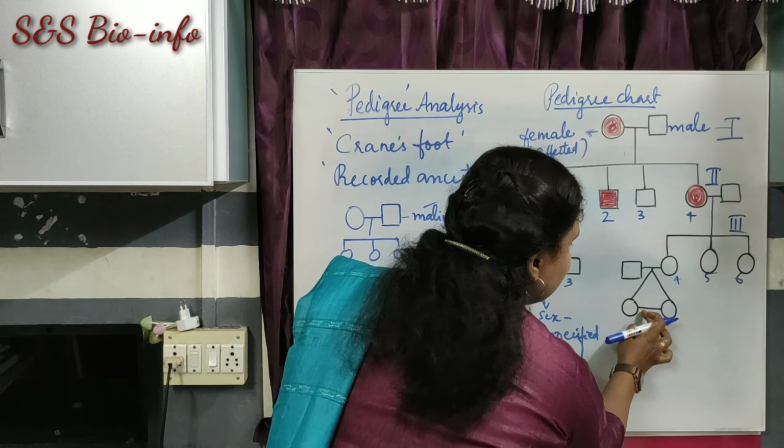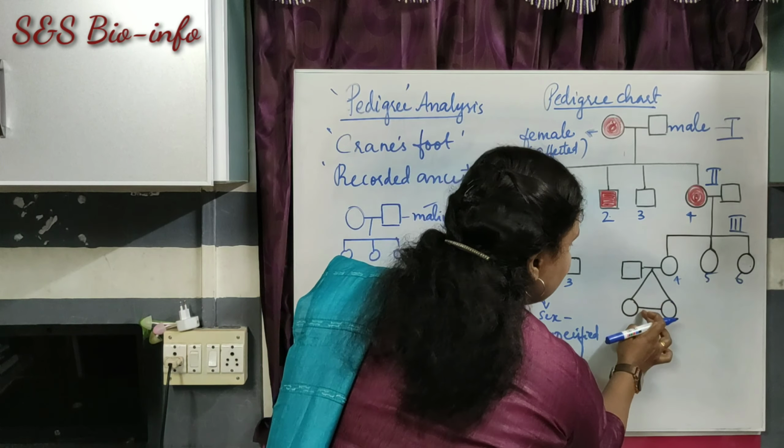Identical twins. 2 girl children. Here the parents and these are children, identical twins. Here the parents, 2 children, male and female, non-identical twins. In some cases, I have told you that those solid structures, the shaded symbols, represent the affected individuals. If the circle or square is shaded like this, they are affected persons.